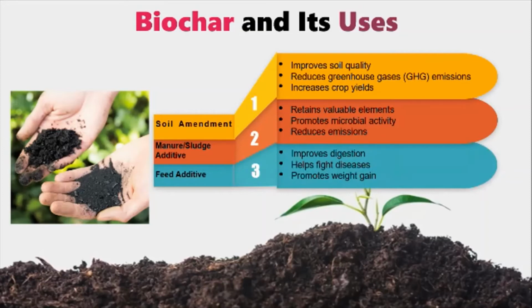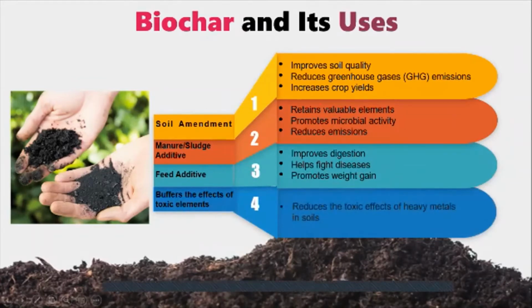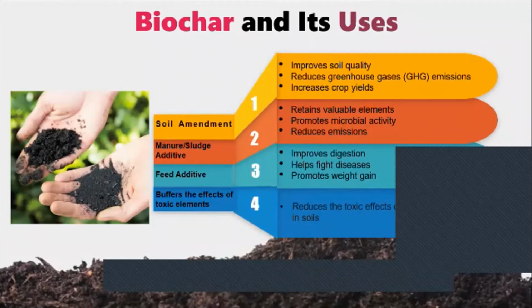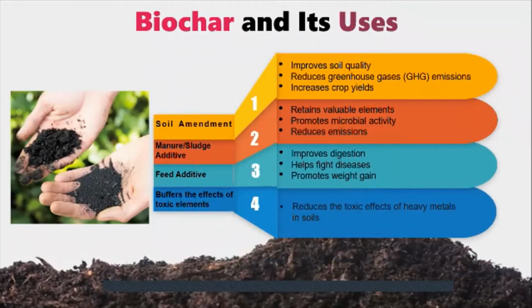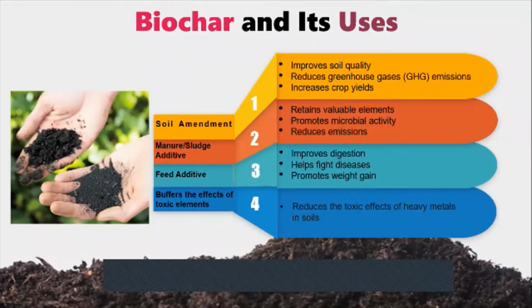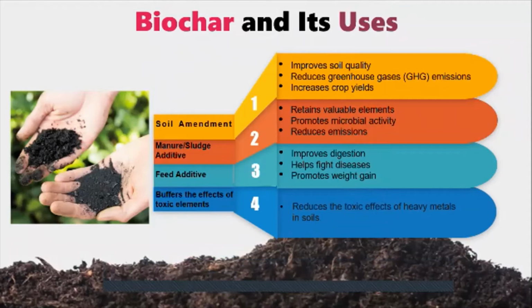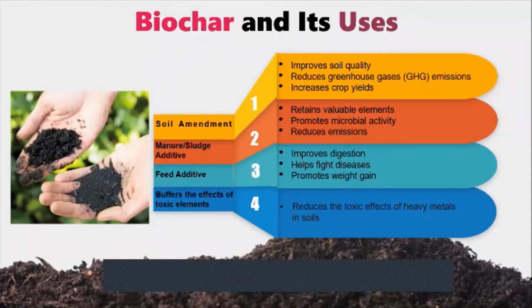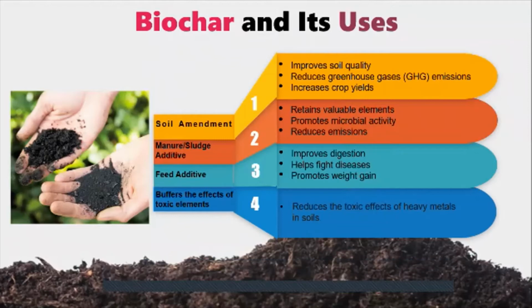Next, biochar can buffer the effect of toxic elements. So biochar can reduce the toxic effect of heavy metals in soil and in some plants grown in those soils. In one study, copper, manganese, mercury, lead, cadmium, chromium, and zinc, as well as arsenic compounds, became less bioavailable in green beans when the beans were grown in biochar amended soil compared to those grown in soil not amended